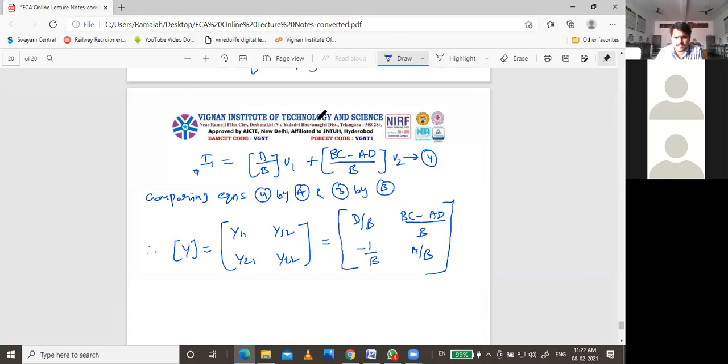So 3 plus 3, 6. Next, in tomorrow's lecture, we will derive the conditions. Now Z parameters are completed, Y parameters are completed. Tomorrow, H parameters in terms of Z parameters, Y parameters, and ABCD parameters, and ABCD parameters in terms of Z parameters, Y parameters, and H parameters. So again 6 combinations you will get. So 6 plus 6, total 12. Today 6 possibilities completed. Next, tomorrow 6 possibilities.